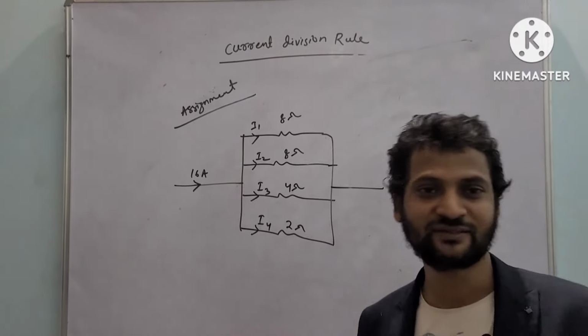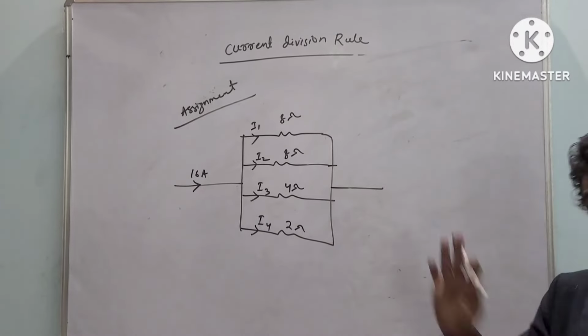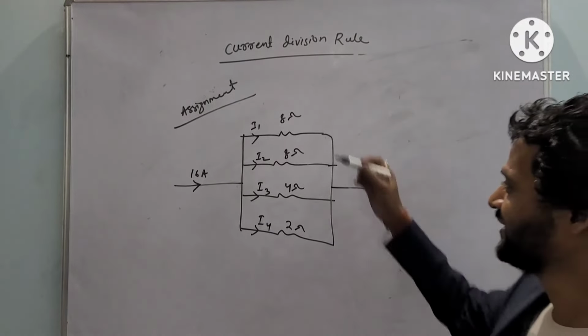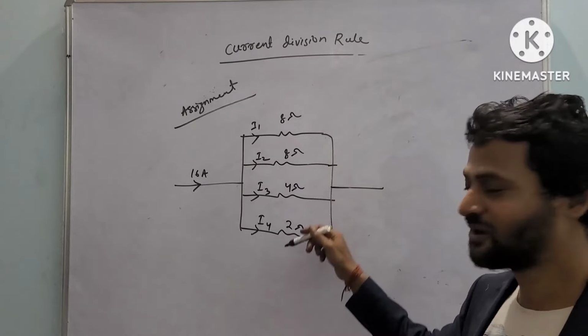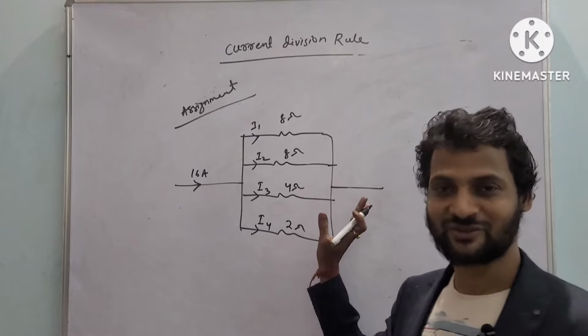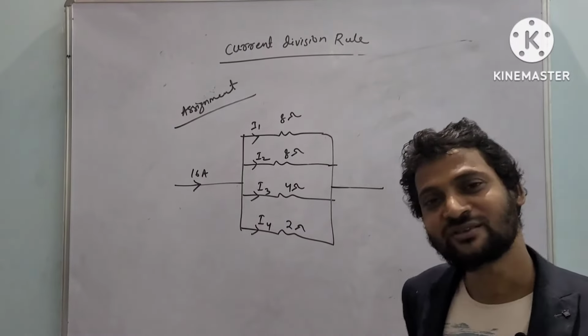I'm sure you can solve it. If you have doubt, then I'll make it clear. No issue. But you try. तुम लोग ट्राई करो. मैं हिंट्स भी दे रहा हूँ, देखो 8 8 पैरेलल है, 4 4 4 पैरेलल है, 2 2 2 पैरेलल है. नेट रेजिस्टेंस कितना है? तो नेट रेजिस्टेंस की बात छोड़ दो. ठीक है, इंडिविजुअल करंट कैसे निकालोगे,